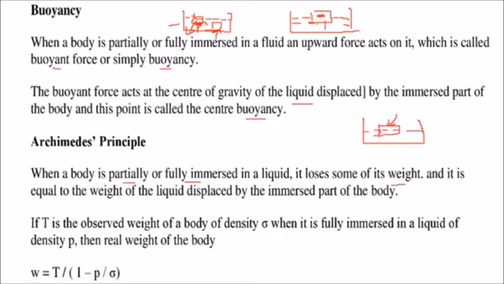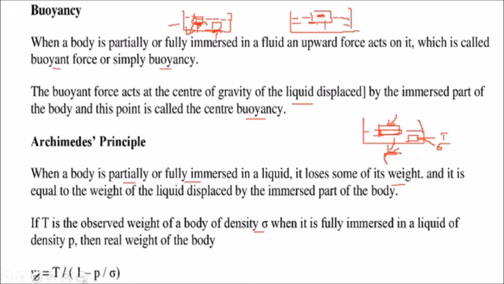So as much weight of the body is immersed, this much liquid is also being displaced, and Archimedes principle says exactly that. So if T is the observed weight of a body of density, say sigma, when it is fully immersed in a liquid of density rho,